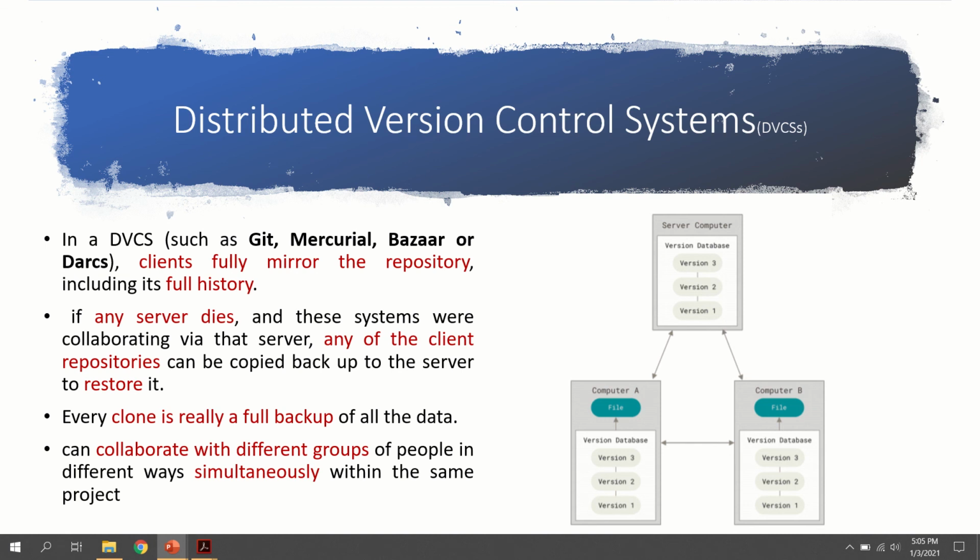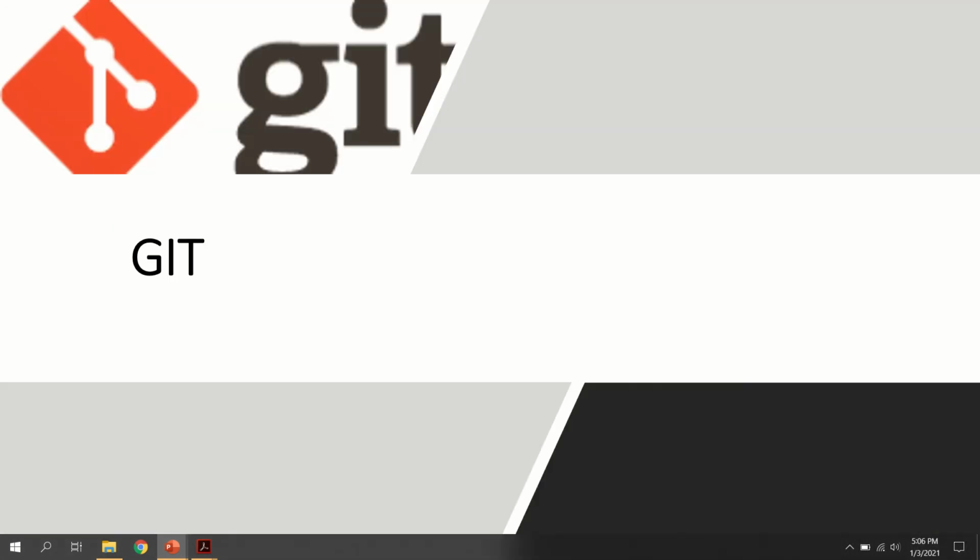Another advantage is that each of the developers can communicate with each other simultaneously. Suppose A and B can communicate with each other, and at the same time C and D can communicate with each other. So such collaboration among different groups of people simultaneously is possible.